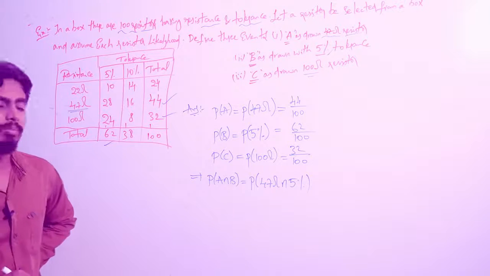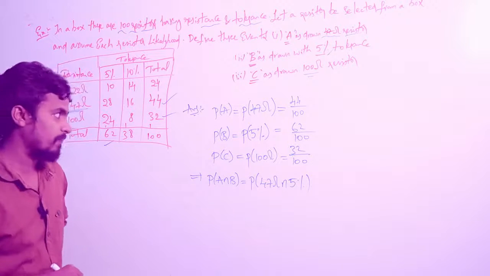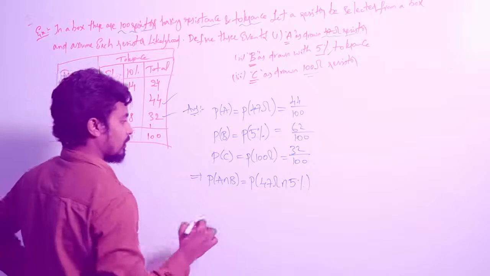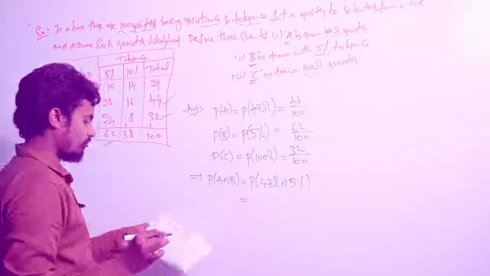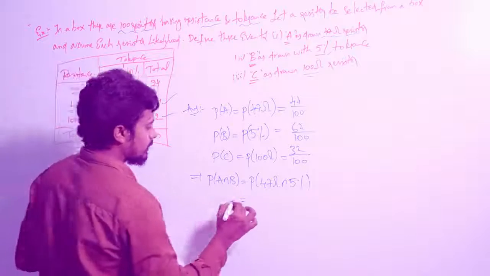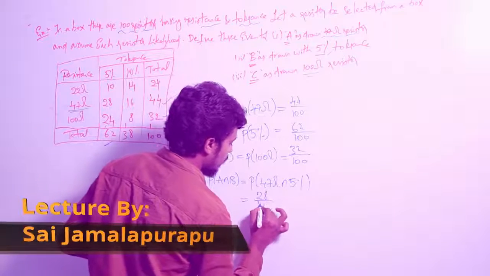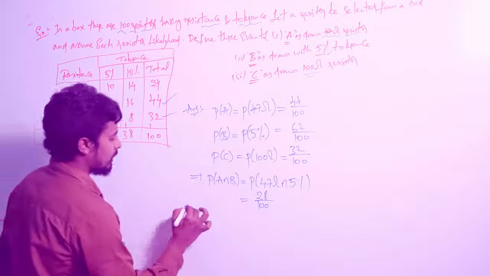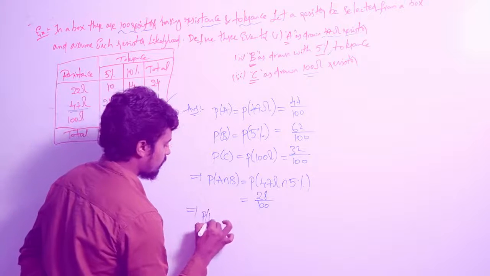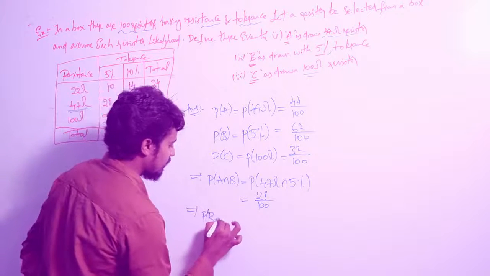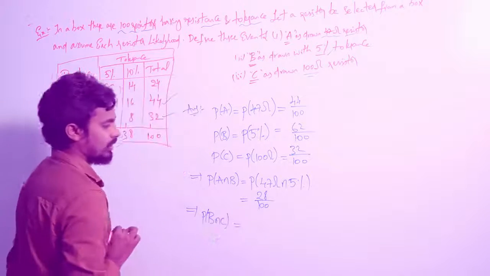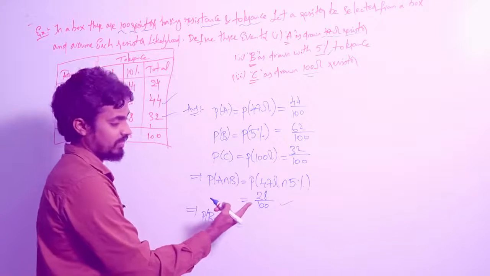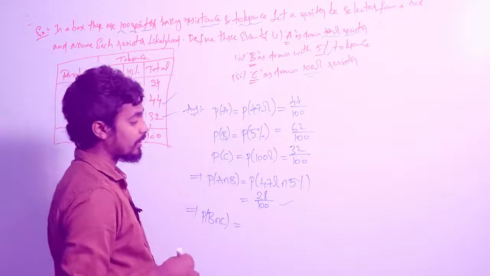You already know the formula for the P of A intersection B. If you want to solve this, you will get the 28 divided by 100. Similarly, if you take P of B intersection C, this will be as